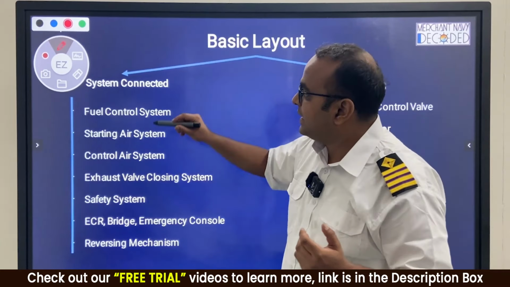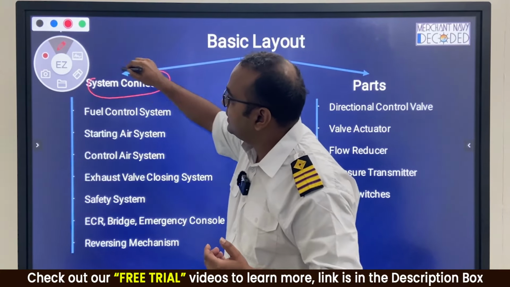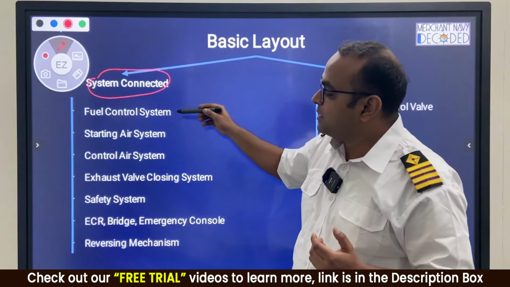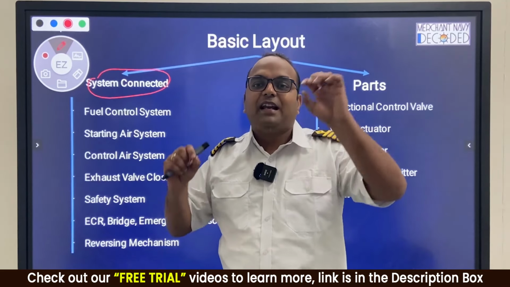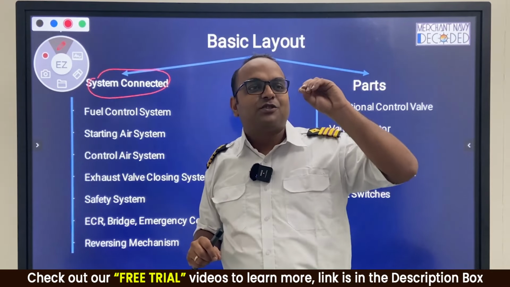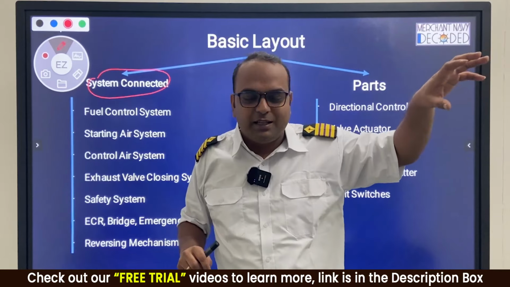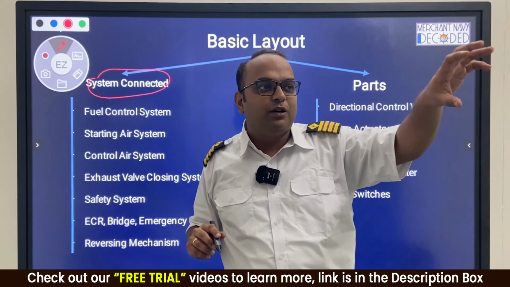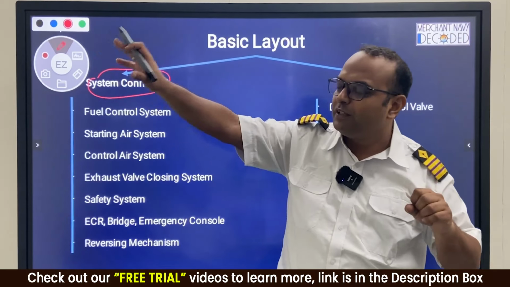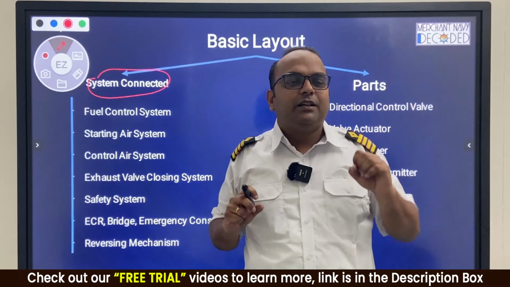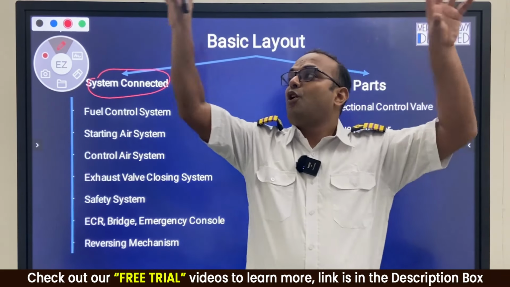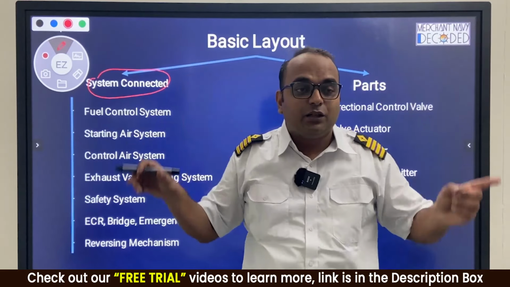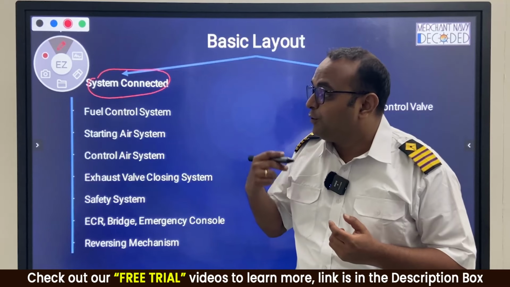On my right hand side, it is written what all systems are connected with the maneuvering diagram, or we can say how many lines it is touching. Like it has something to do with the fuel regulation, or something to do with the safety, something to do with the reversing, something to do with the air starting distributor. So these are broad areas through which this set of pneumatic signals are